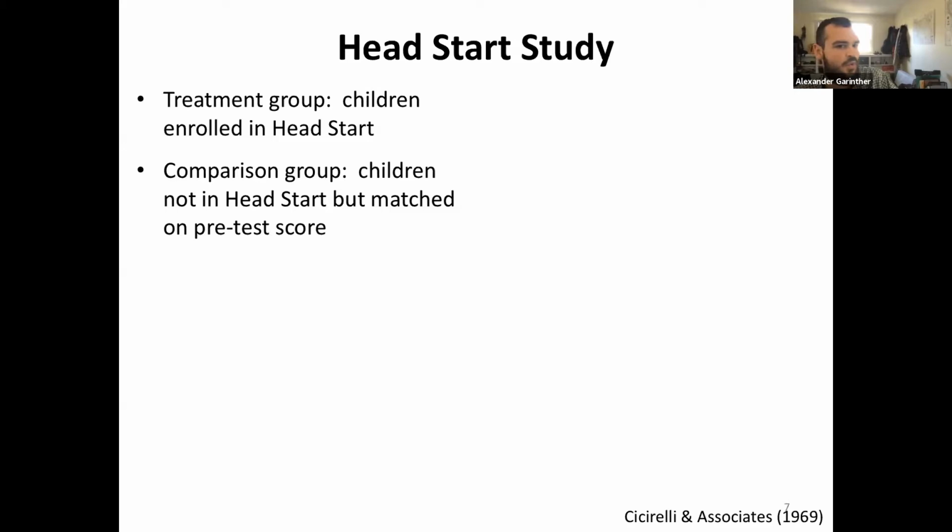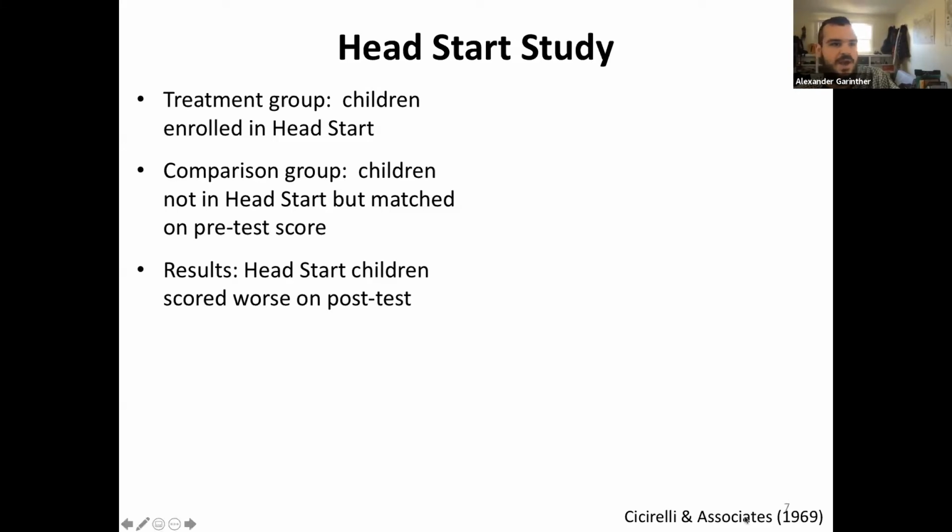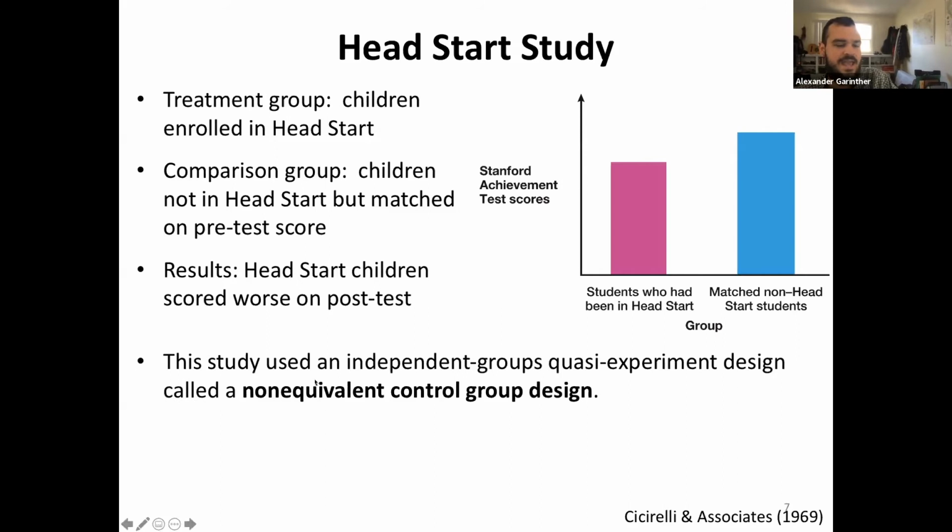And so one way to do this is by taking a quasi-experimental approach and finding a non-equivalent control group that we can use to compare to students who had been in Head Start. And by finding a group of students who are similar enough, so matched for demographic factors,